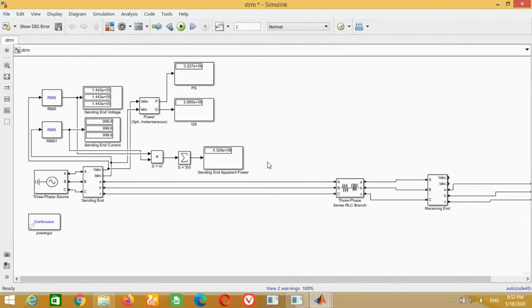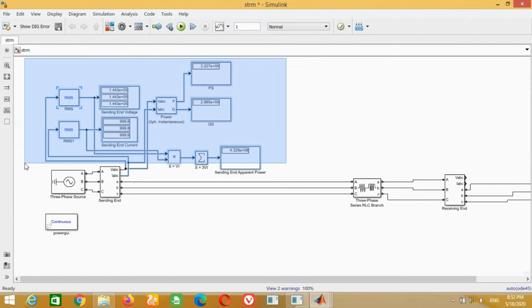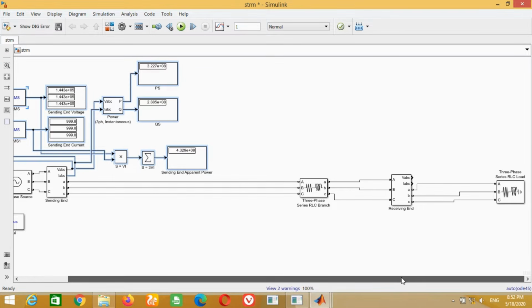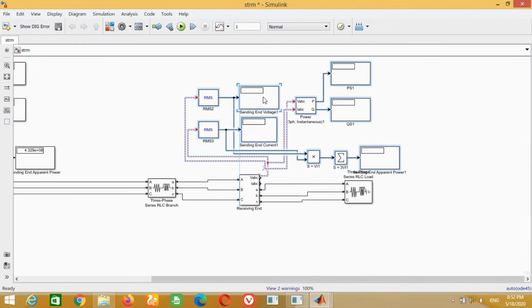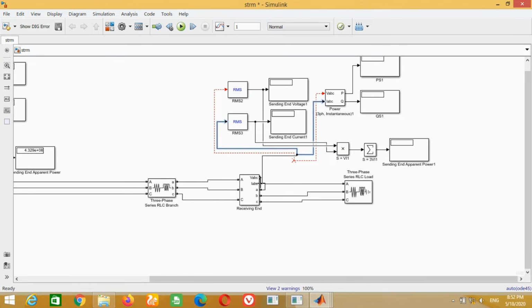Now we have to perform all these voltage, current, and power measurements at the receiving end side. Therefore, an easy way is to copy this whole model and paste it here and connect it with the blocks, in order to avoid repetition and save time.